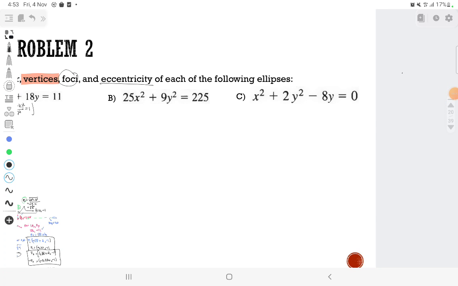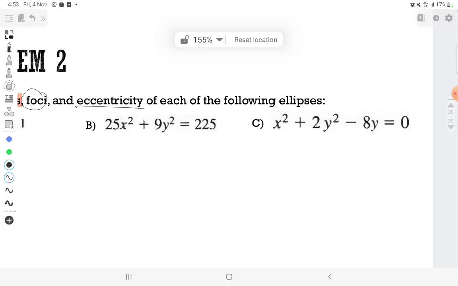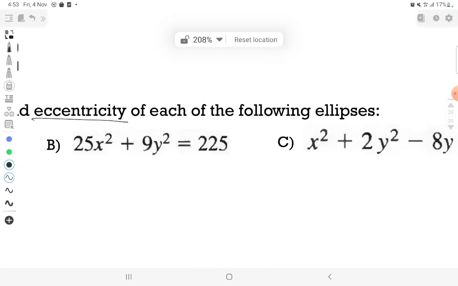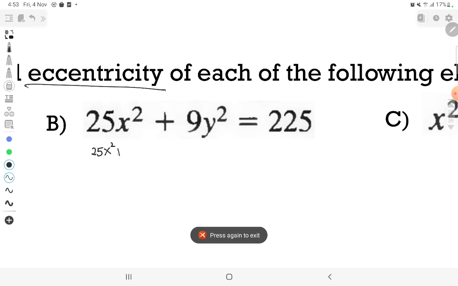Now let's solve for our problem number 2, example B. So we have 25x squared plus 9y squared, which is equal to 225. Okay, so I will just write this. So 25x squared plus 9y squared is equal to 225. Dividing both sides by 225, I will have